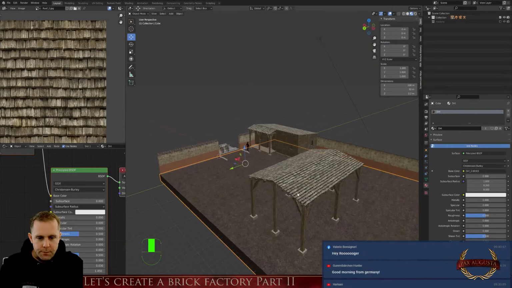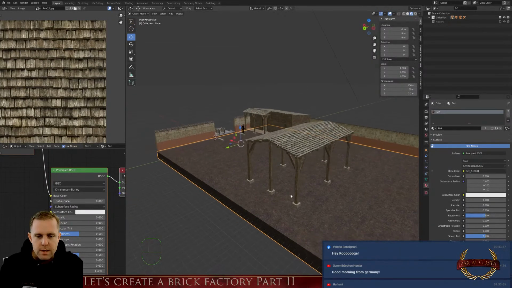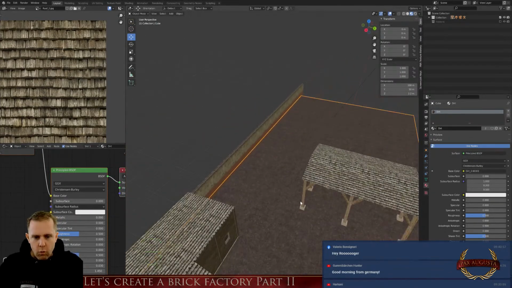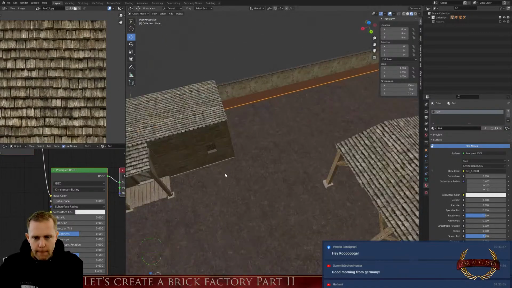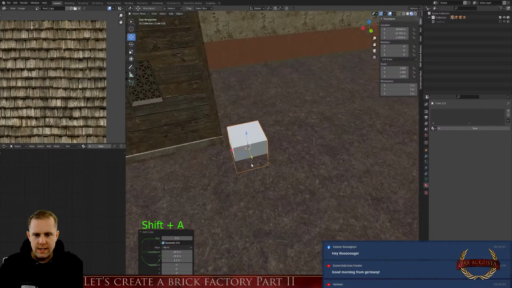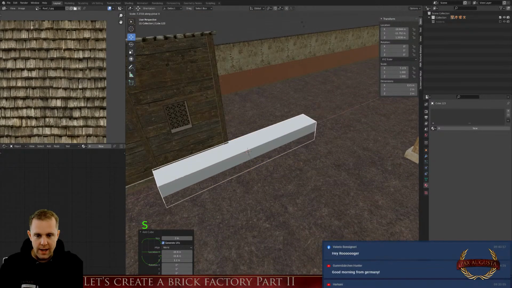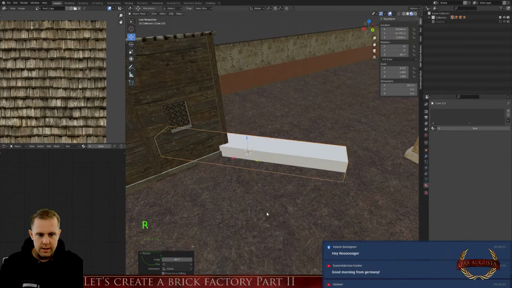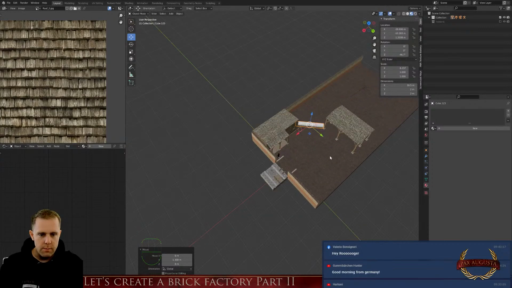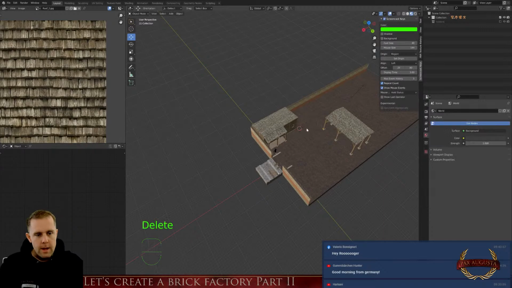Yeah, okay. What do we need here inside? We need some tables because the people work on the table, and I think we need a wall here to separate everything. But we could make the wall not 90 degrees. I think that's cool here. My plan is to make a wall in this direction here, to close it a little bit, so people have to walk along here. And we also want to close it here. But for that,